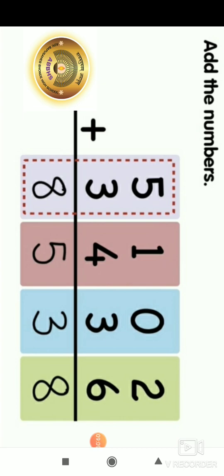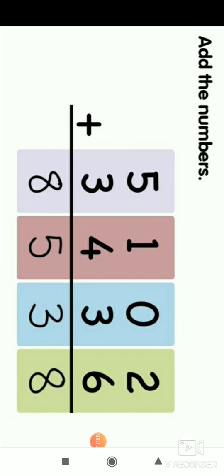So observe this sum and check the answer. The answer is 8,538. In the answer column, you will observe that we got each answer in a single digit. That is 8, 5, 3 and 8, between 1 to 9. This method is called addition without carrying over. So students, today you all have to practice it at home.